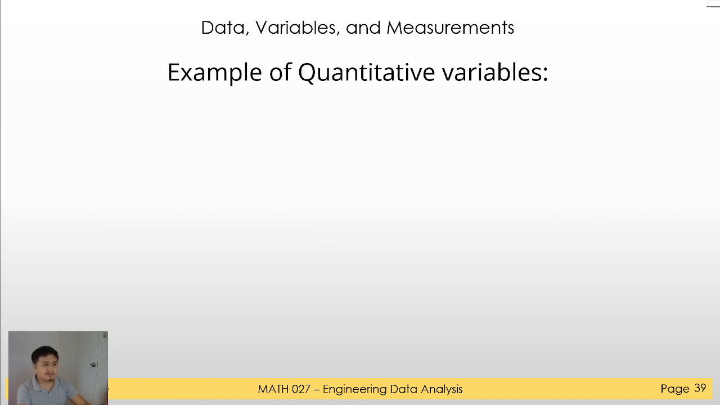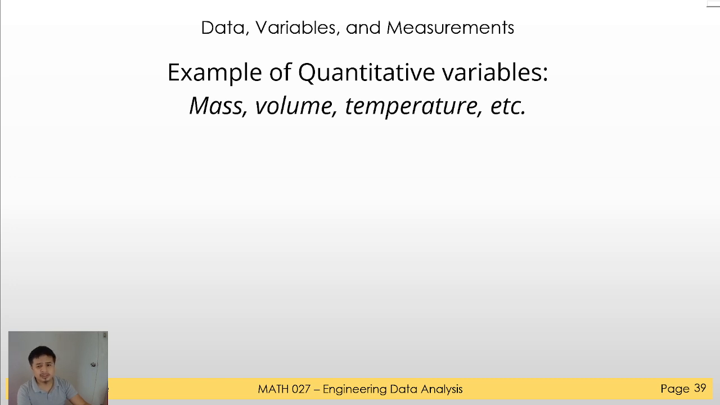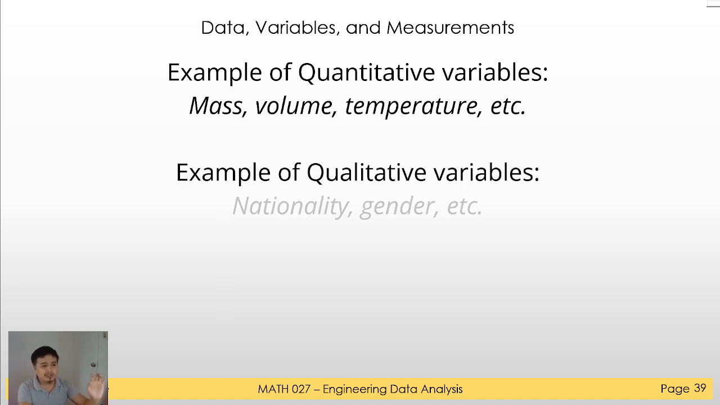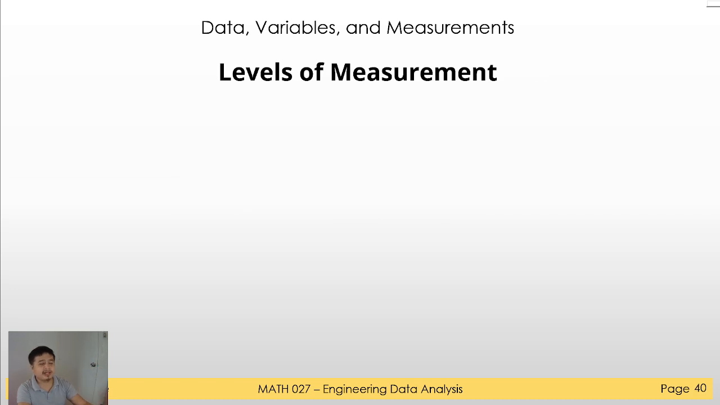So an example of a quantitative variable, something that we could measure that has a quantity, that has a numerical value, which we know in engineering we have a lot of things to measure, which are the mass, volume, temperature, and so on. So anything that has a number attributed to that quantity, we have the quantitative variable. And then for the qualitative variables, anything that we could classify the characteristic into, which could be nationality, gender, and so on. Okay, so let's move on to one other thing again about